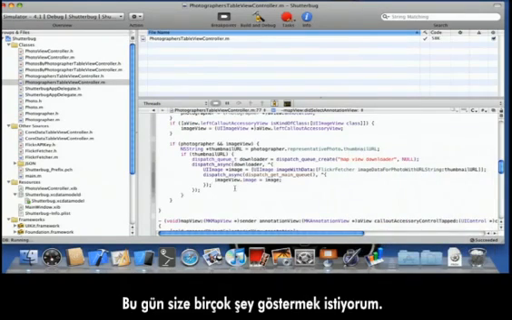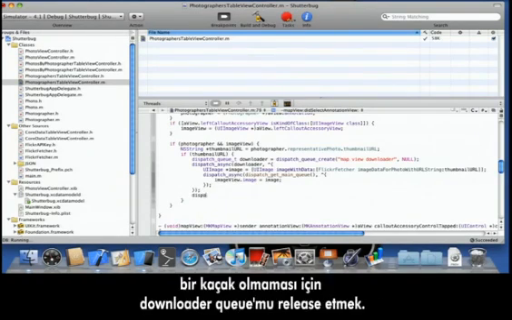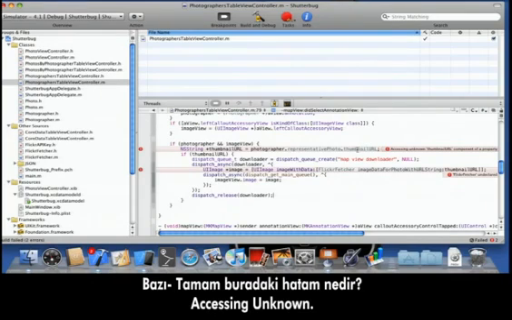Again, I want to show you a lot of stuff today, but I just want to make sure you're aware of what could be going on there. And then the last thing I need to do, of course, is release my downloader queue so that I don't leak it. And let's see, we have